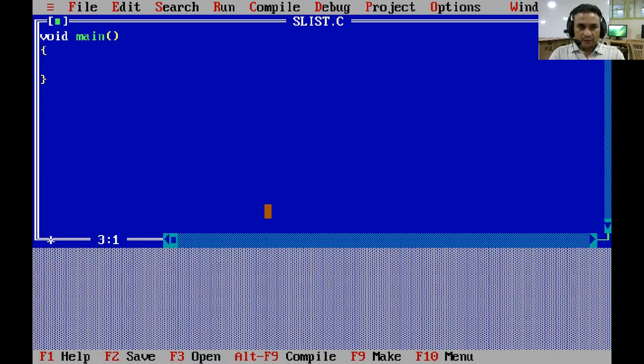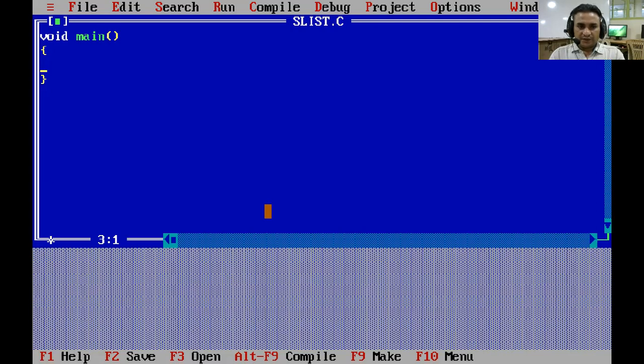For example, when the user presses 1, then our node will be added at the first position into the single linked list. When we press 2, then our node will be added at the last position. When the user presses 3, then we can traverse the linked list.